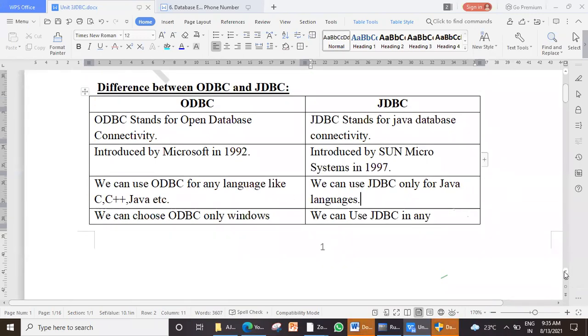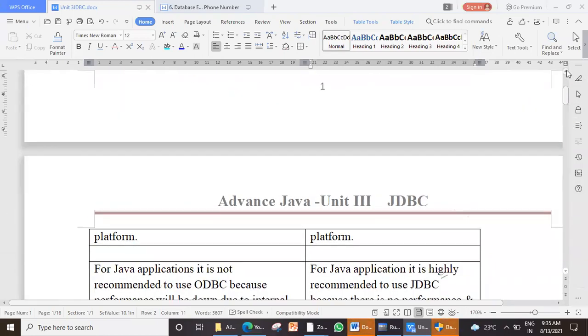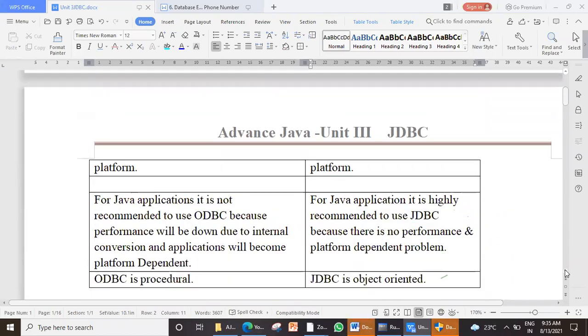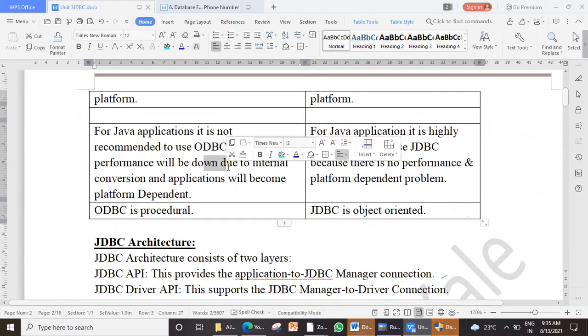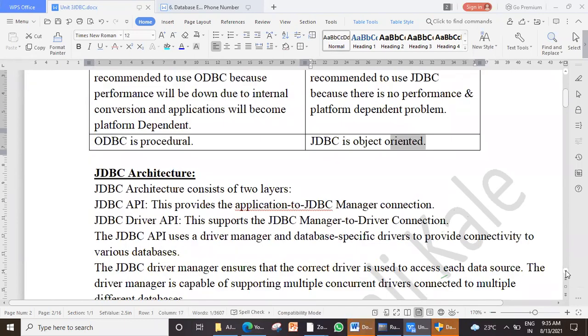ODBC works only on the Windows platform, whereas JDBC can be used even on console-based platforms. Clear? For Java applications, ODBC is not recommended because performance will go down, whereas JDBC is specialized. ODBC is procedural, JDBC is object-oriented. Clear? We have learned 2 different approaches of programming.